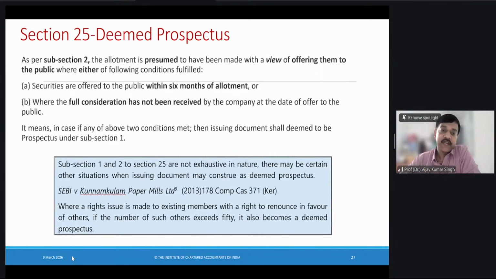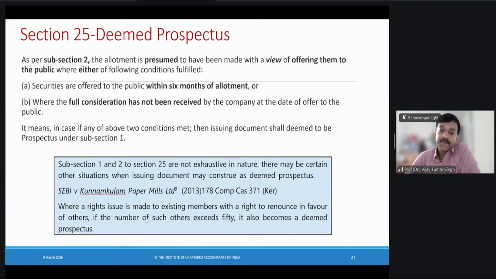Okay, Harshal, it is not 100. Right, Tanu, it is 200. Good, good. 200 is the right answer. Gayatri, it is not 35, but 200. 200 is the number. Previously, this number used to be 50. And that is why in this case law, it is referred to as 50, but you have to read this as 200.